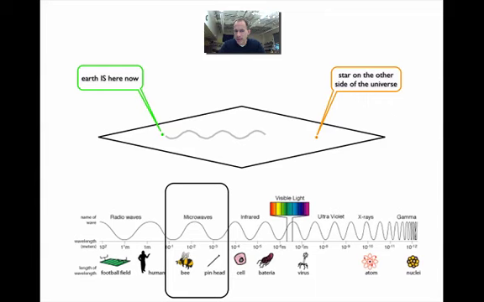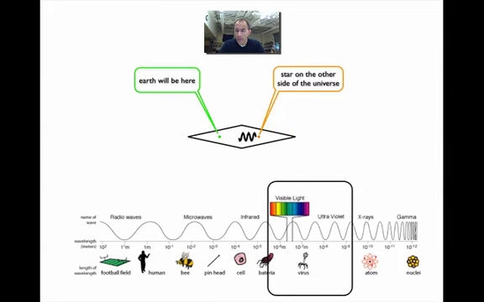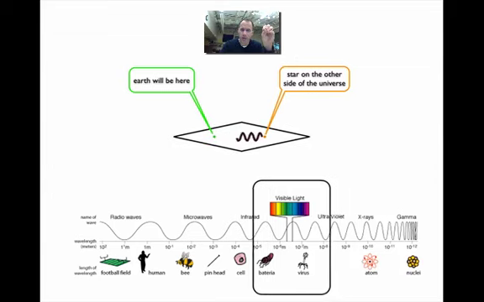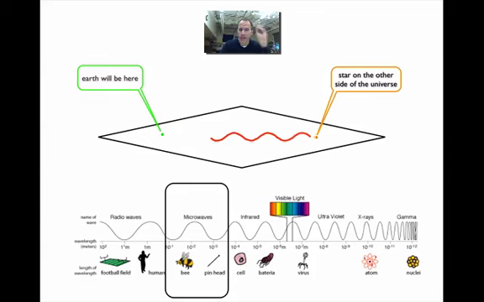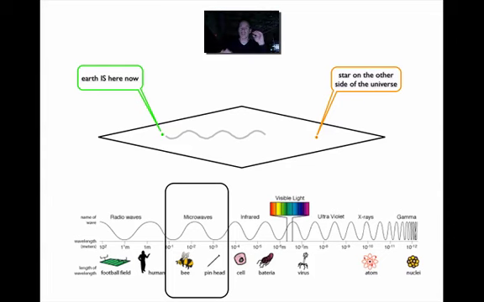So what that means is that the light that star emitted way back here was visible light. It was the first light that left the early universe, and it's arriving to us right now, but it's not light we can see. It's microwave radiation, which is exactly like light. It is light. We just can't see this kind of light. If our eyes could see microwaves, the entire sky would be glowing right now with this light that was released from the early universe.